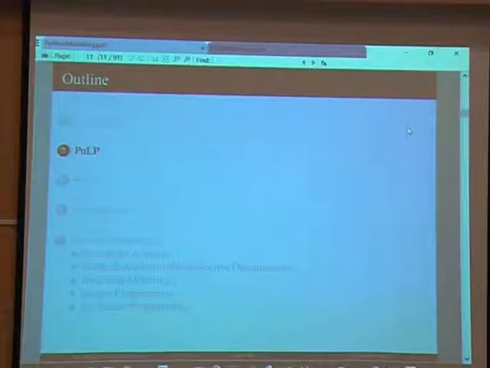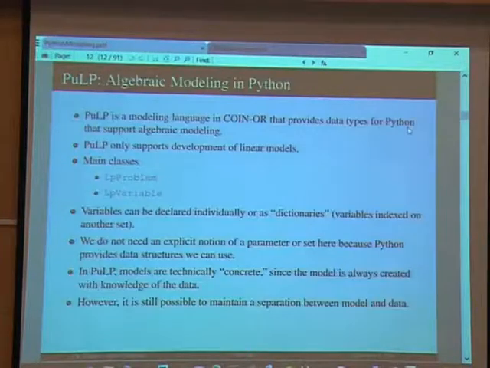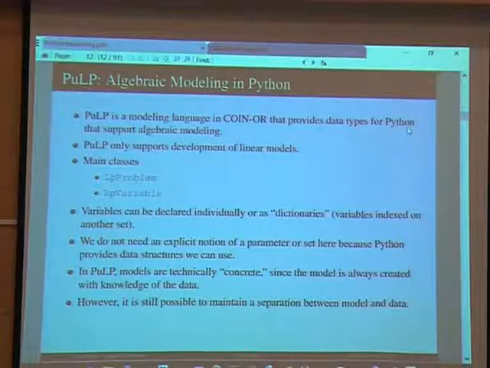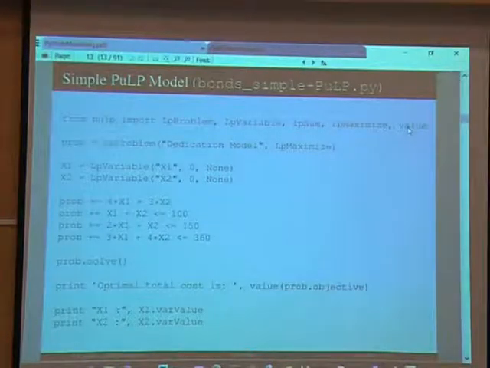Okay, so that's kind of a brief overview of the ecosystem, and now I just want to go into some examples and show you what you can do with this stuff. Again, I'm not going to dwell on the details too much, but Pulp is something similar to the Pyomo system that Ashu introduced yesterday, but it's a little bit more Pythonic, a little bit easier to work with, but it only does linear modeling. I want to show it to you just because, if you have a linear model, it's a little bit easier to work with,